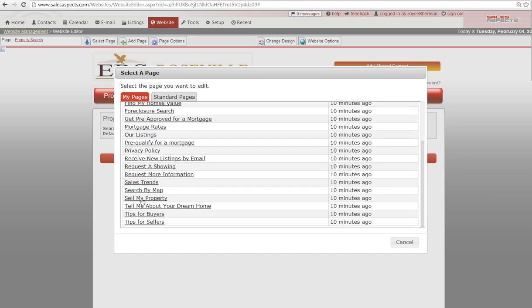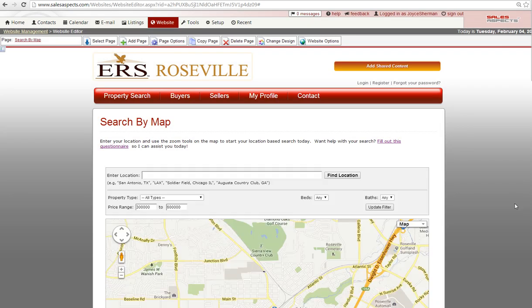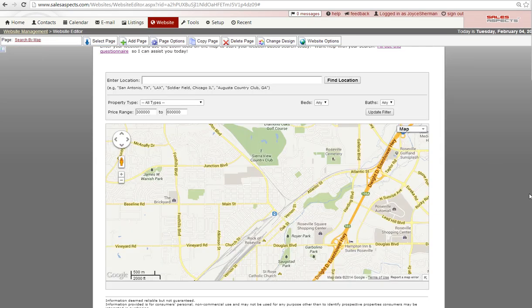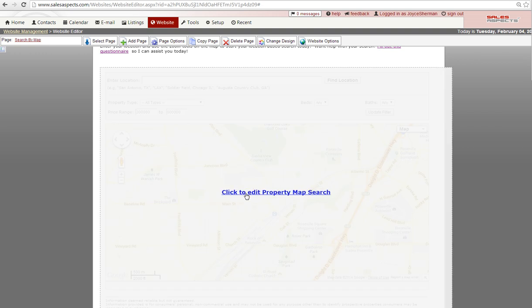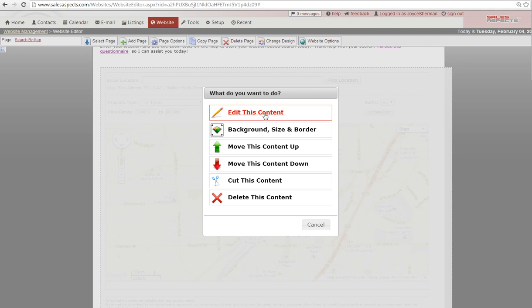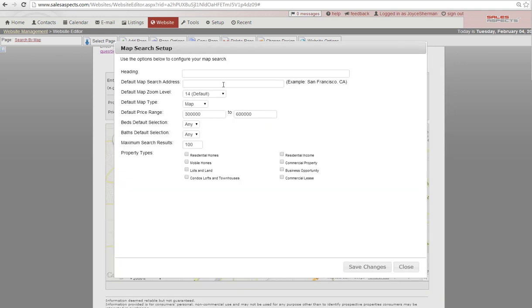And there's another search called the Search by Map down here below. Does everybody see this Search by Map? If you could select that, you should see a map search. And again, if you edit it, edit this content, it doesn't mean that it's on your default map search address. I think you had mentioned Placer County, so you could type in Placer County. For now, I'm just going to type in Roseville, CA,